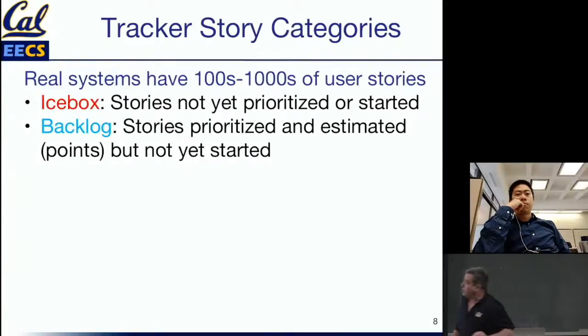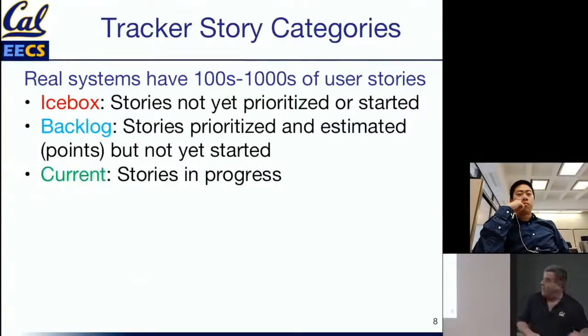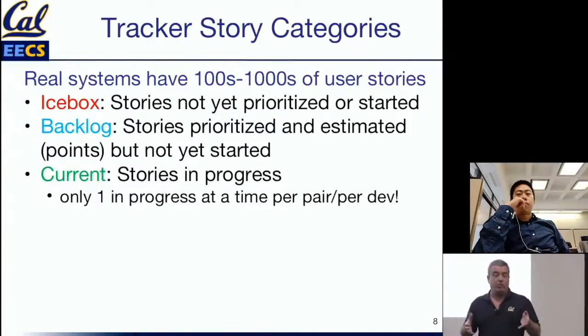The backlog, which is stories that haven't been started yet, but you have gone through the exercise of estimating the difficulty, and in conjunction with either the customer or the product owner, you have prioritized which ones are the most important. Those are the ones that you're agreeing to work on next. And the current iteration, which is the stories that are in progress. Somebody is right now developing code and tests to make that story happen, which implies that depending on whether you're doing single or pair programming, only one story should be in progress by any developer or by any pair at